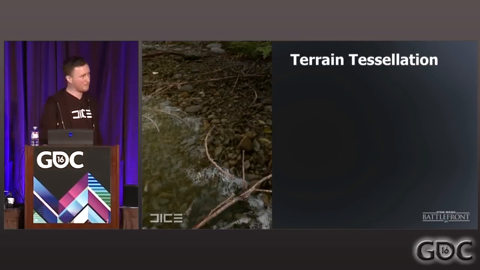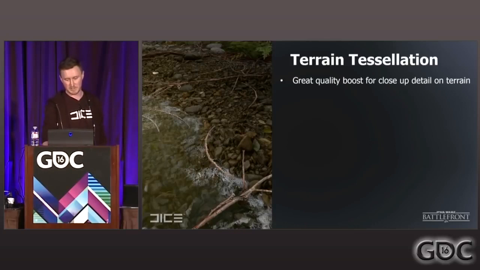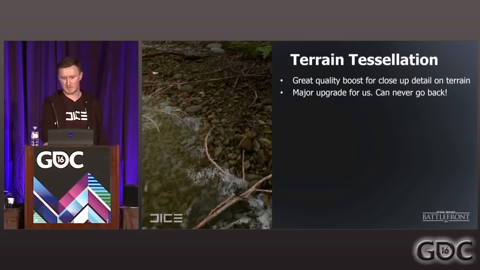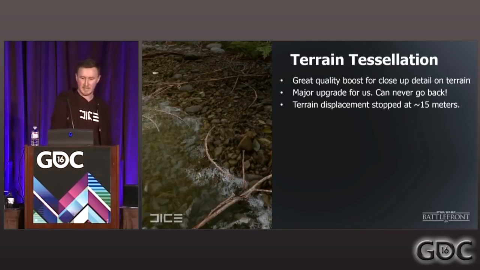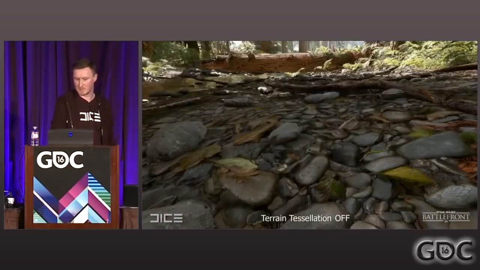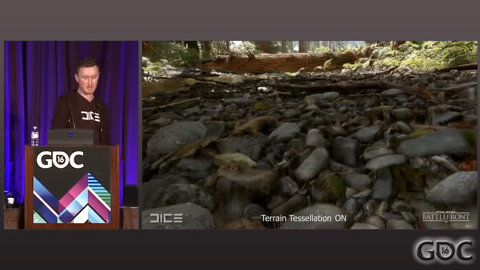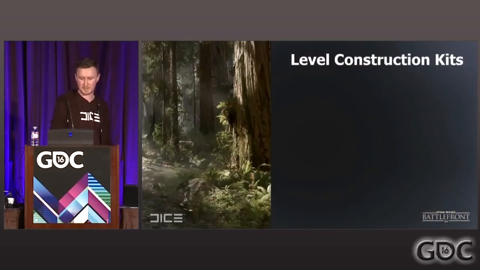Yeah, so in Battlefield, we didn't have terrain tessellation, so this was new for us on this project. It was a huge quality boost, which we absolutely could not go back on. I would rather remove something else rather than this one. It would stop at only about 15 meters, which sounds pretty short, but in the game when you're running around with all the other detail, it was far enough, and the performance of this was pretty trivial, actually. So here's terrain without displacement, which we had previously, and in Battlefront, when we enabled that to only about 15 meters, it did the trick.